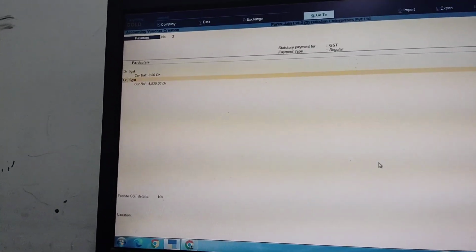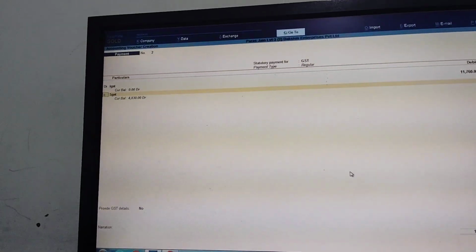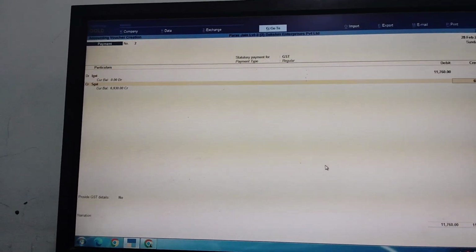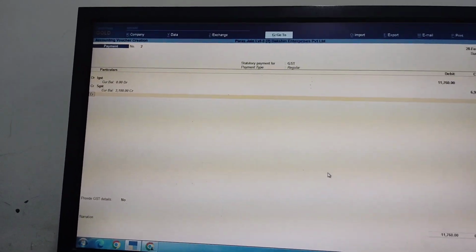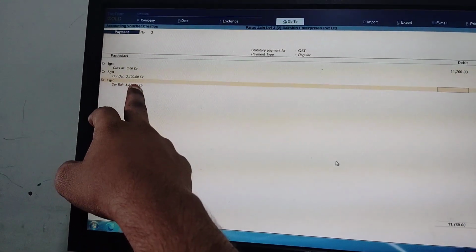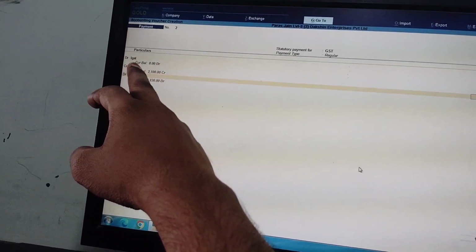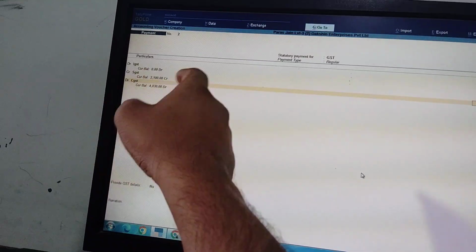We will do credit here. 6930. Debit. CGST also debit balance, means it is our asset. Therefore, no payment of CGST. We will use its ITC to pay IGST. Therefore,